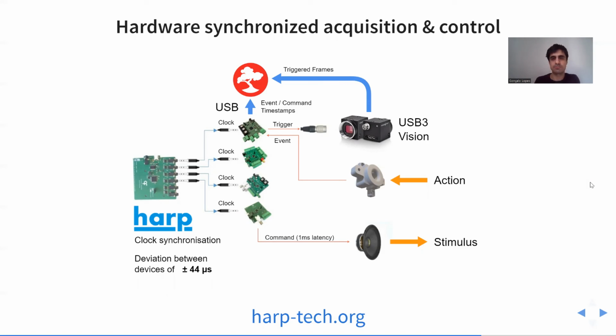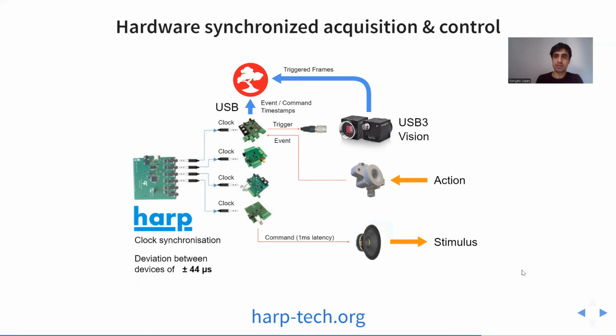You can think of them as much like Arduinos, that they can be used to toggle, collect data from digital or analog lines, and also to set the state of those lines. But the main advantage with these devices, they actually have a way of synchronizing their clocks automatically across devices, and also they will